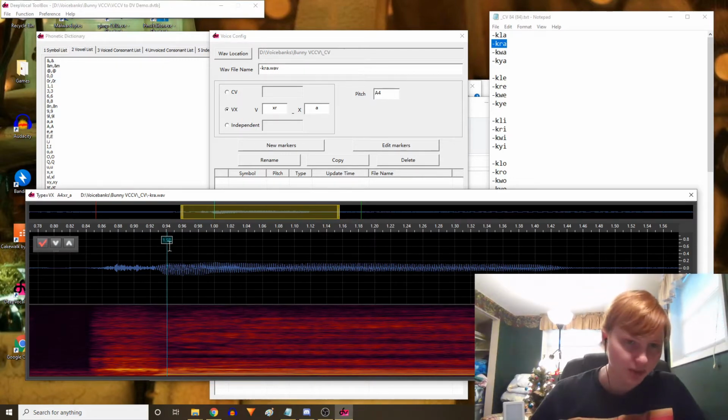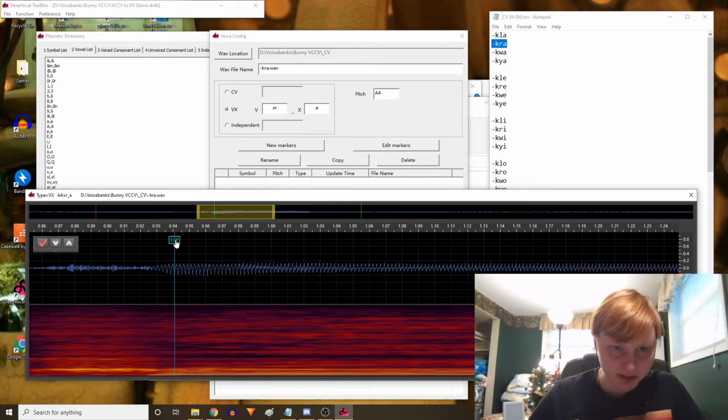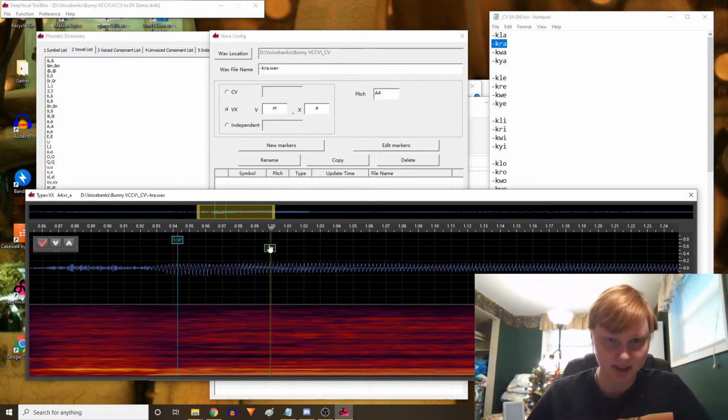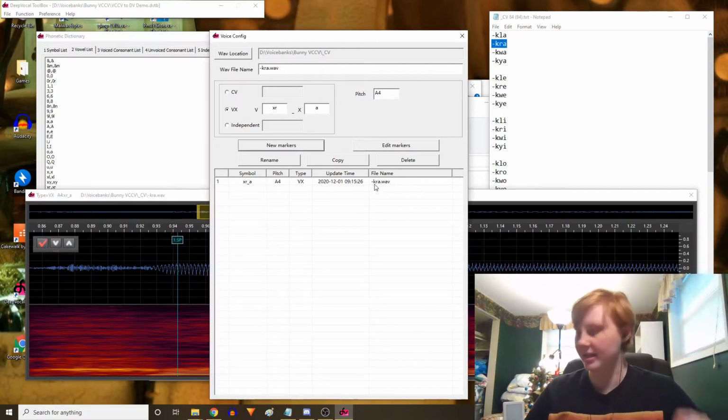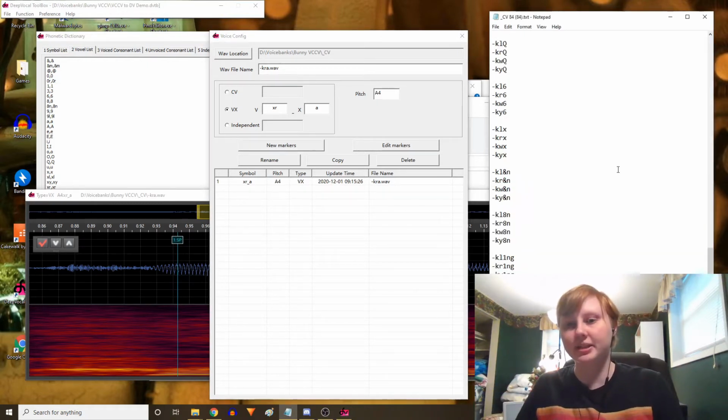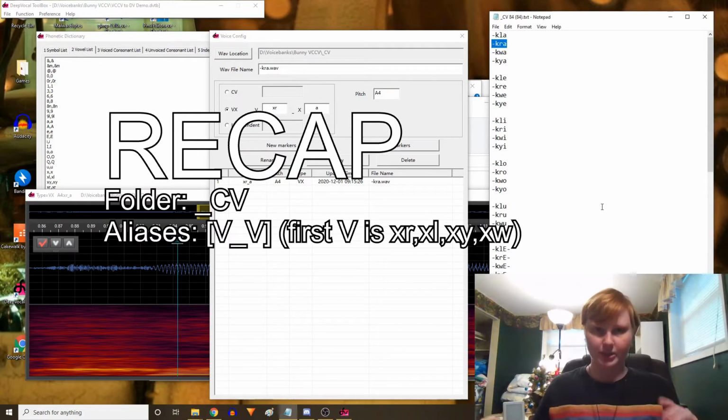_CV notes, you want to make sure that the first parameter line is about in the middle of the consonant. You don't want it too close to the air because it'll be too full of breath and DeepVocal won't like that. And you don't want it to be too close to the transition because we want the transition to be encompassed inside it. And then we're going to put the second parameter once the vowel becomes clear. And then make sure you hit this little check mark and it'll save it automatically. It does actually save the file automatically to that particular voice folder. And that's basically the only type of alias we have in this folder is the fake